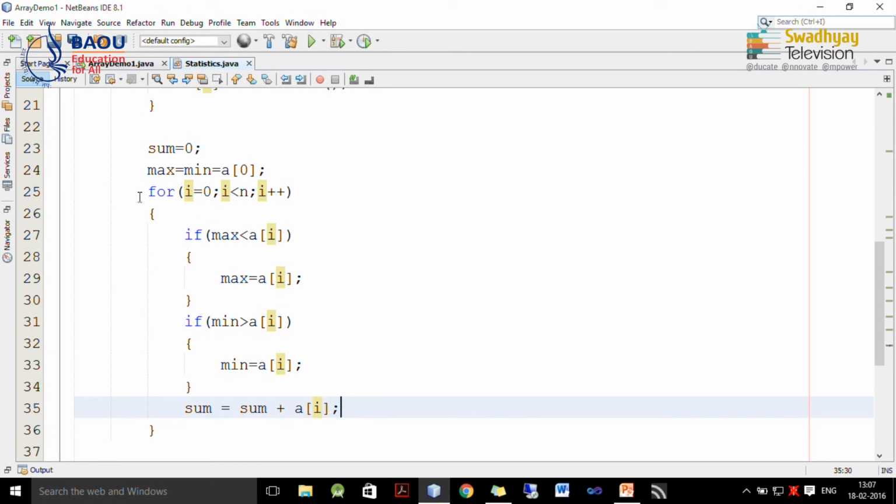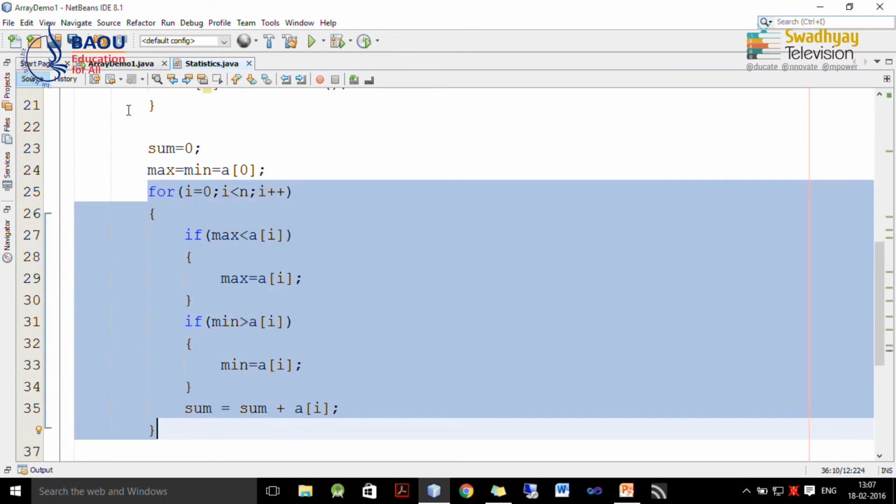So, how does this loop work? It initializes sum to 0 and maximum and minimum to the first element, and then it iterates the loop for comparing every element with maximum and minimum, and if any element which is greater than the previous maximum is found, it will be replaced inside maximum, and any element which is less than minimum is found, it will be replaced in the previous minimum, and we add every element to sum to find its sum, that is all.